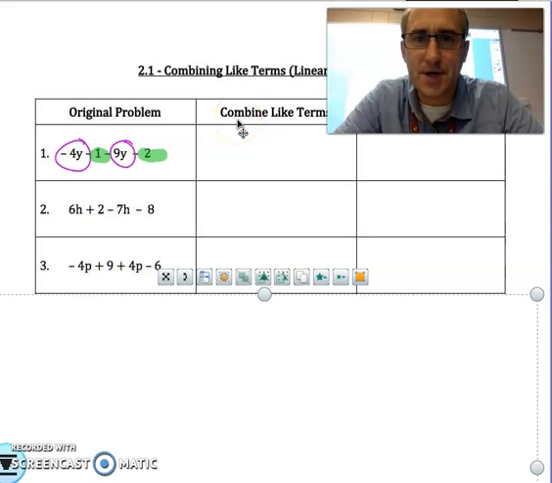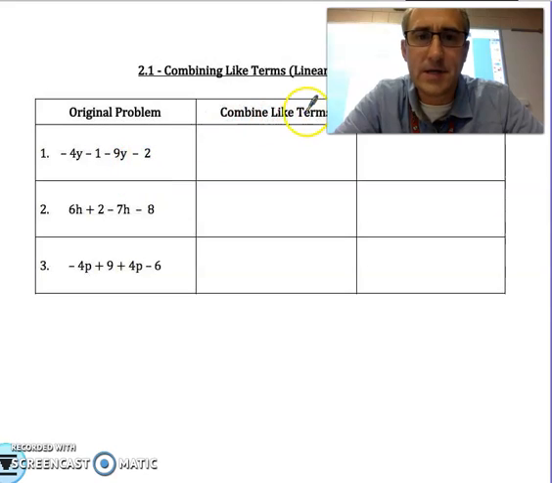Hello class, I want to talk you through this first problem here. Our goal is to combine the like terms. So first we have to identify what things are alike. First of all, I'm going to use the color purple and identify the y's. I have a negative 4y